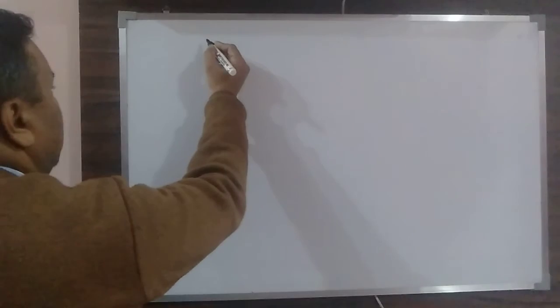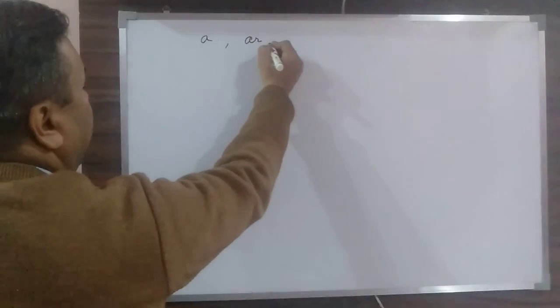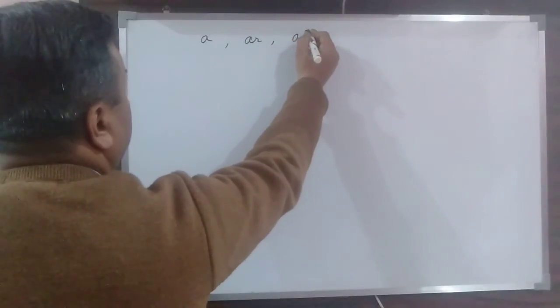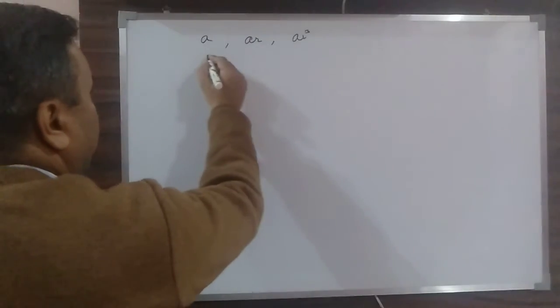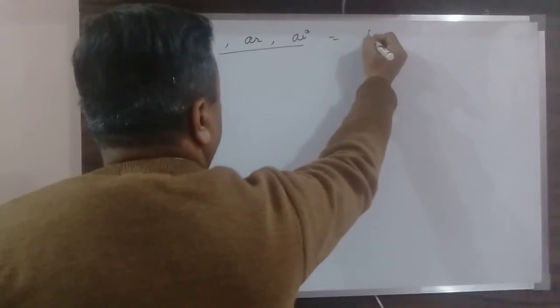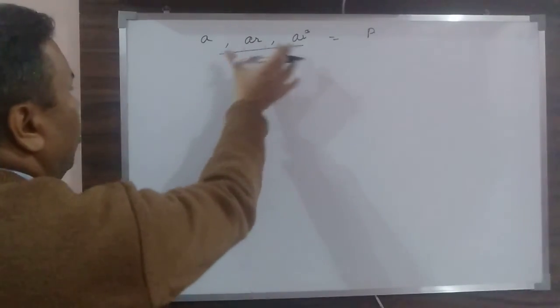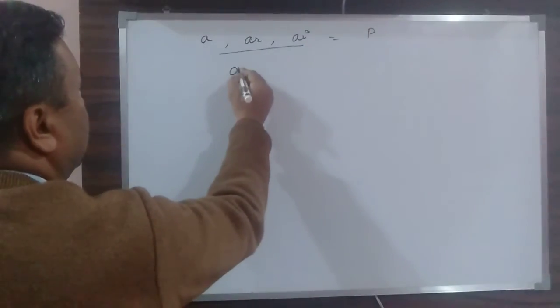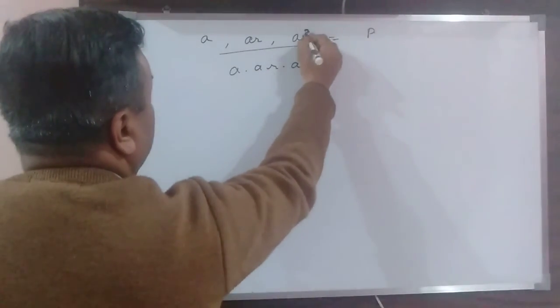and you have to find the numbers. Obviously, if you take the first term as A, your second term will become AR and the third term will become AR square. Okay. So if it is given that the product of these 3 is, suppose, P, and there is another condition, then from the first condition what you will get is A into AR into AR square.